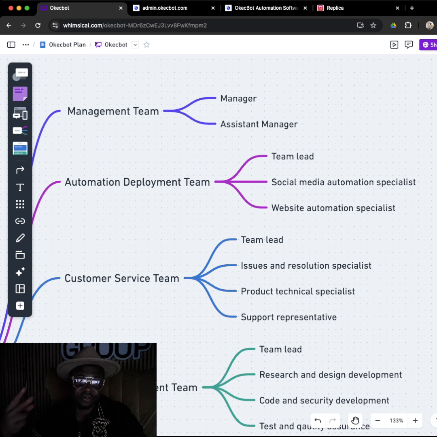This team will be in charge of two major things. The first one is to deploy automations on websites. Let's say you have an ads or AdSense website. This team will be in charge of going through your statistics and analytics, trying to understand what your previous traffic has been like so they don't put you in harm's way. Because if you get a website that has not seen a certain kind of traffic or clicks before, and you try to automate that kind of huge traffic at once, that website could get banned or go into what we call an ads limit or suspension.